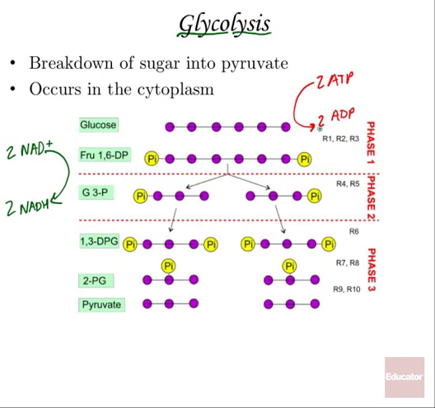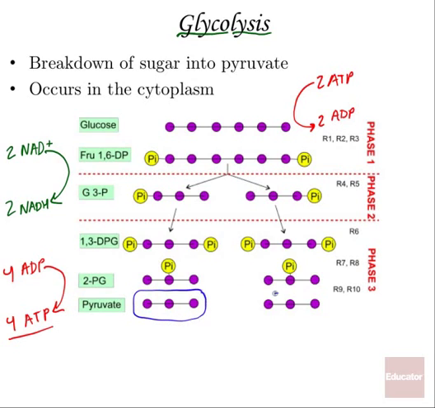Remember, this was an energy investment. You had to invest 2, but at the end, you get 4 ATP, and it comes from attaching these 4 phosphates onto 4 ADPs. And then you get 4 ATP. And the great thing is, 4 ATP, more than what we invested initially. 4 ATP minus the 2, still a net gain, total gain of 2 ATP. So just breaking down sugar gives you a little energy in itself, but we're going to get a lot more later on. In addition to the making of a net gain of 2 ATP, the 2 NADHs, you also have